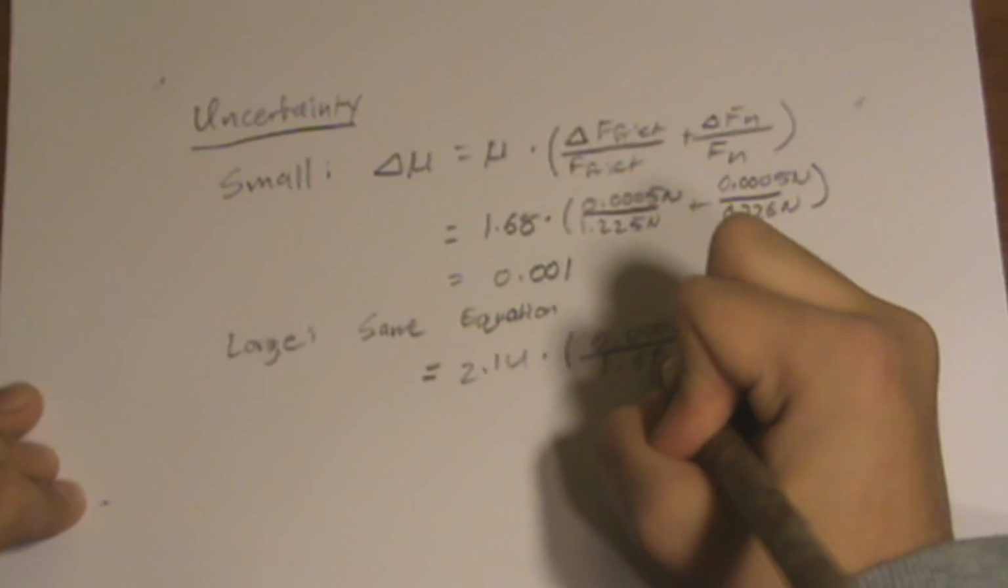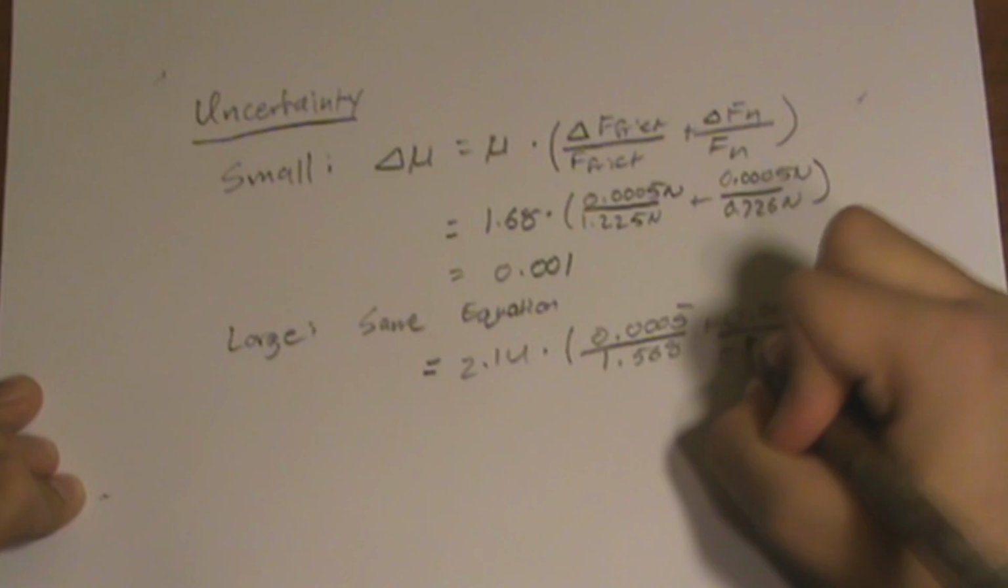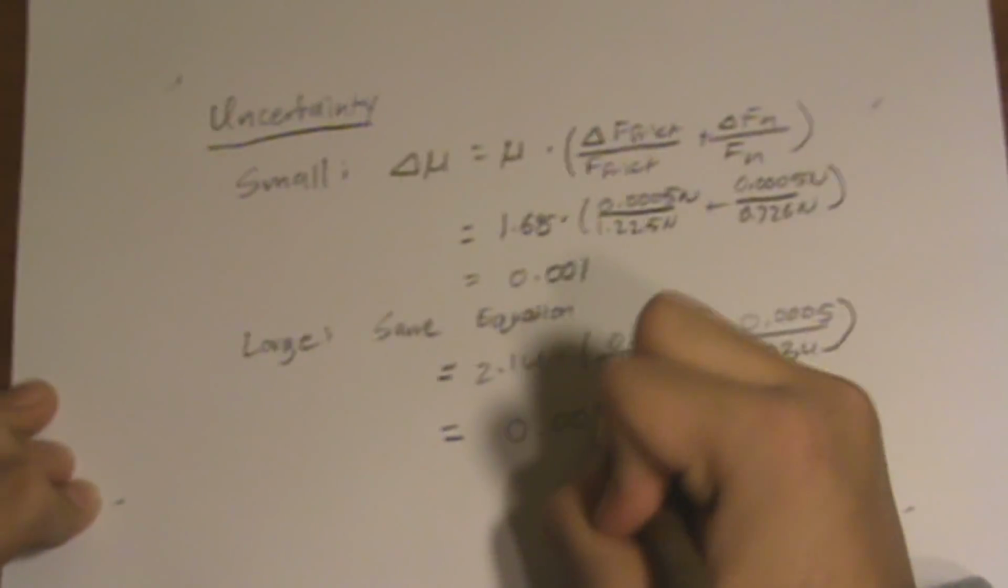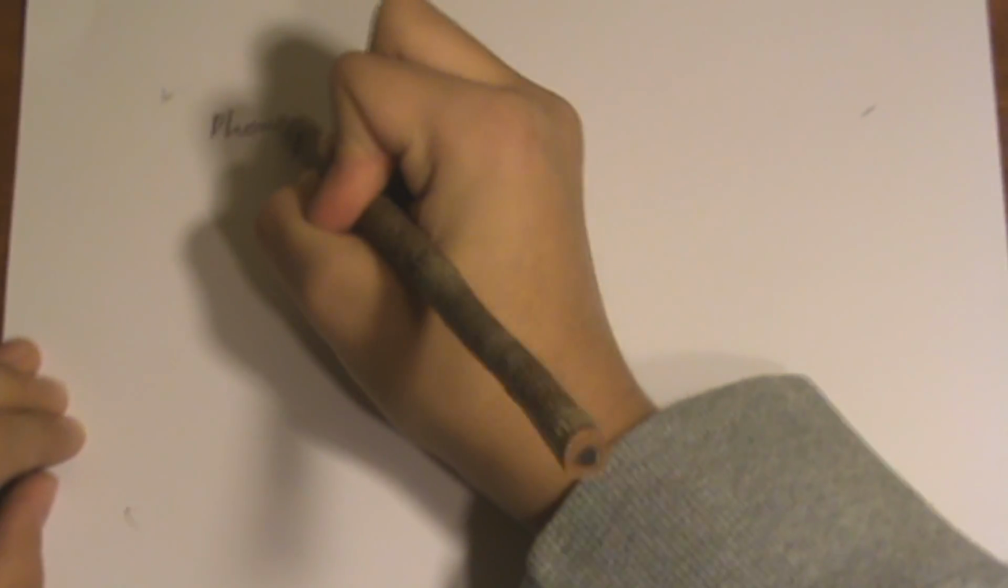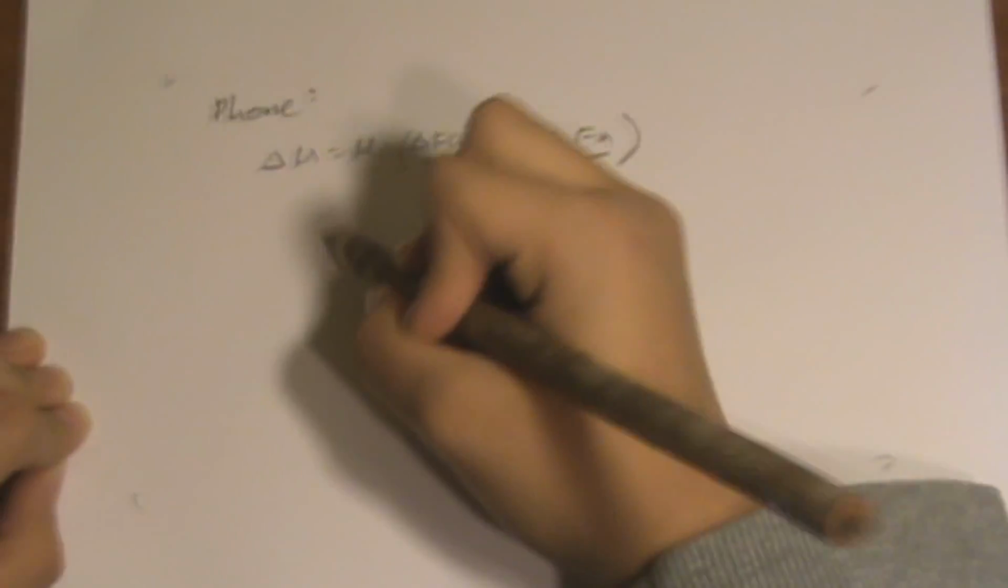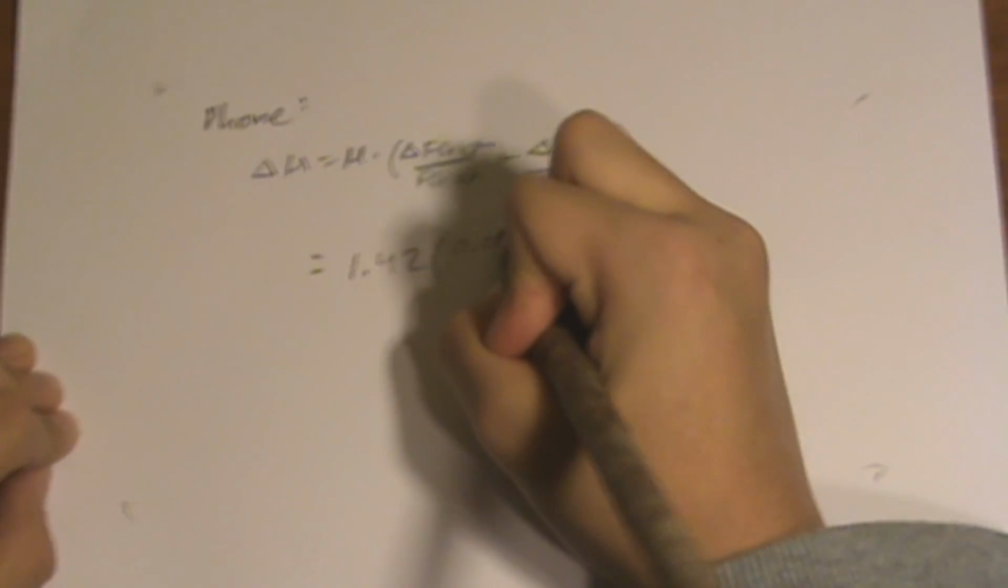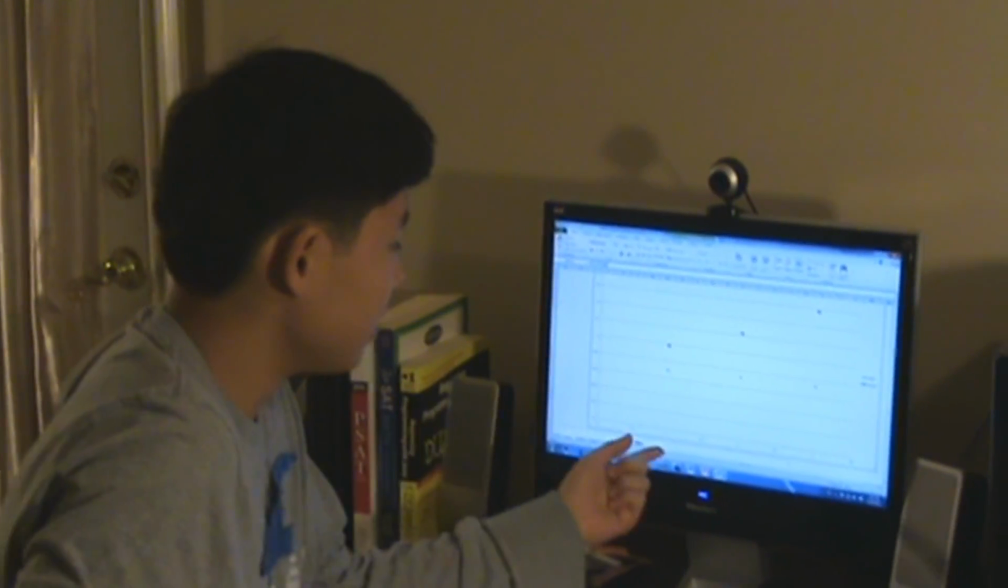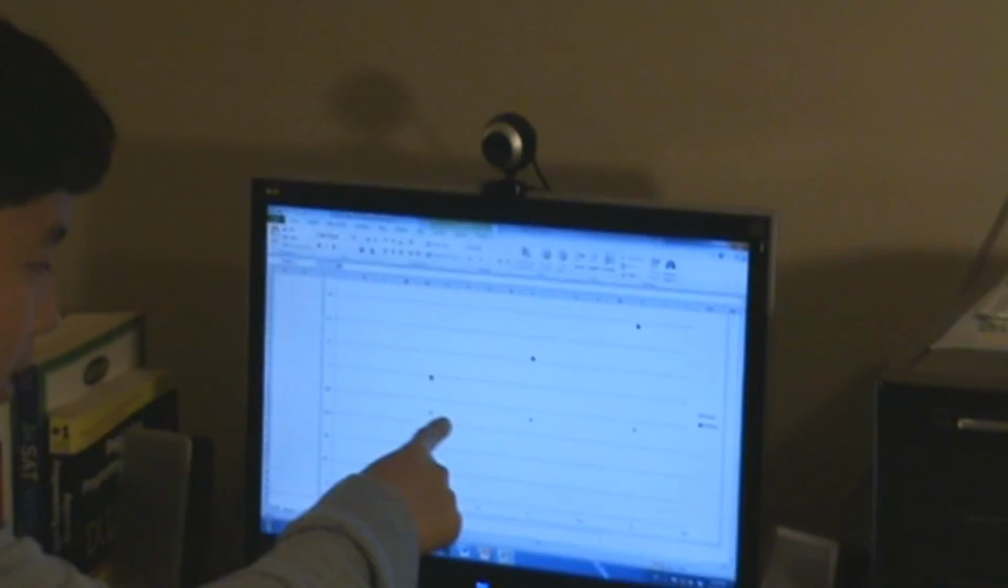For the large one, we used the same equation, and after plugging everything in, we got 0.002 as the uncertainty. For the phone itself, we used the same equation yet again, and after plugging everything in, we got 0.018 as the uncertainty of mu. Well, as you can see in this graph, as the mass increases and F norm increases,